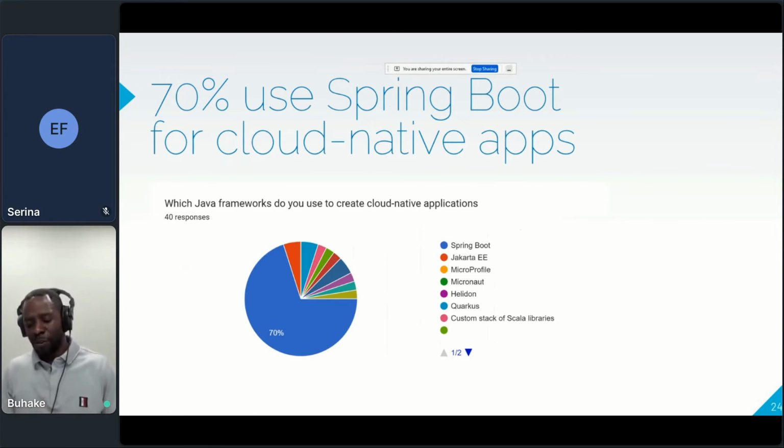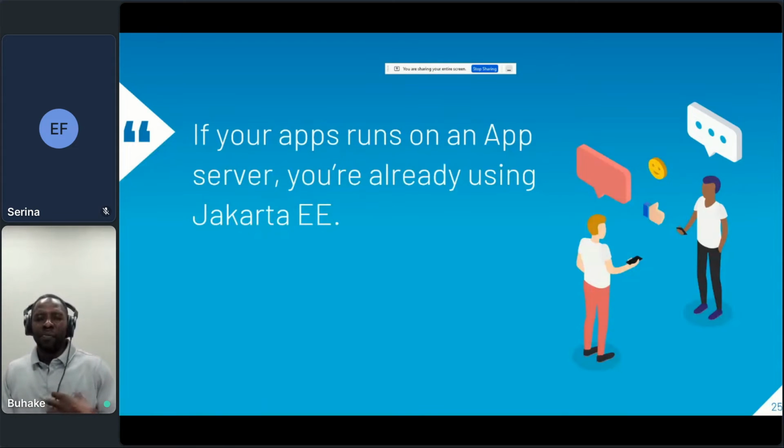But that's future talk for future tech talk, basically. But ideally, my proponent is always: if you deploy your application, whether it's a Spring Boot application or a full-on Jakarta EE or your own Java EE application on an application server, you're basically running a Jakarta EE, because most of your enterprise application servers, whether licensed or open source, are Java EE or Jakarta EE compliant.